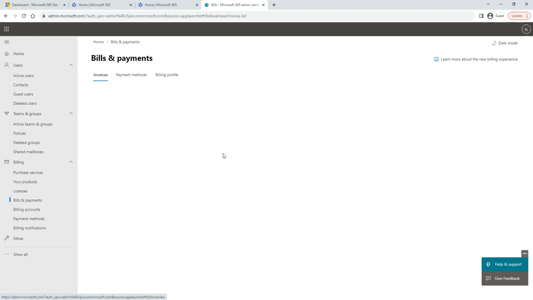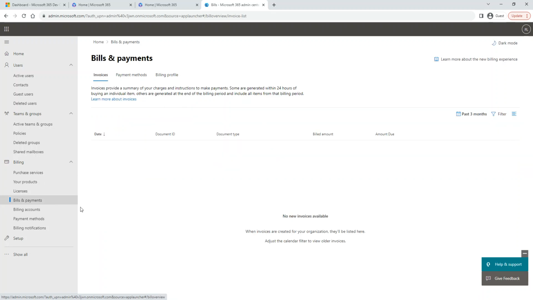Bills and payment, we are on due, like we have all that. All this billing and payment stuff is going to be handled by a billing administrator. The person who administers the technology doesn't have to know how much this company is paying, who pays for it, the credit card associated with that, all that. That is delegated to the billing admin. So you give that role to a billing admin, and they manage that billing. I don't have to worry about how much they pay. Why do I care? I'm a technical guy. So that specific part is handled by that person.